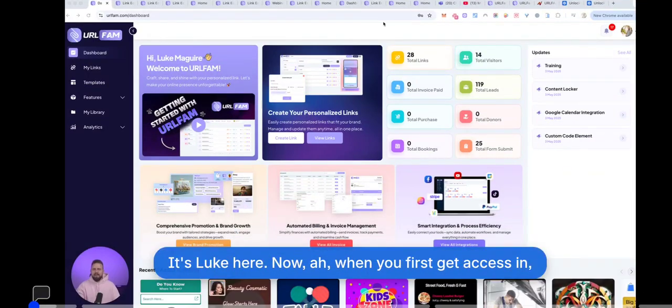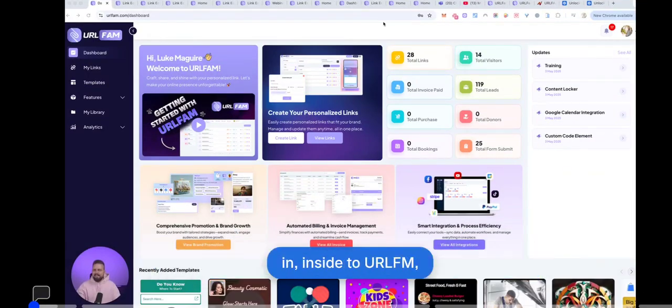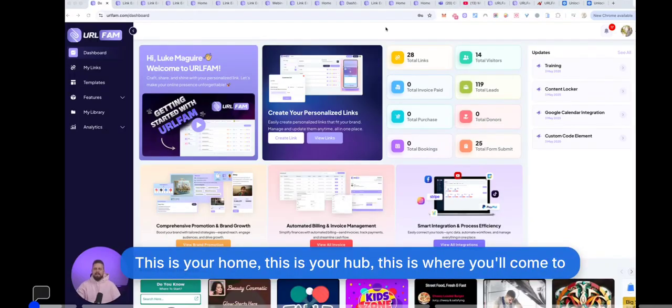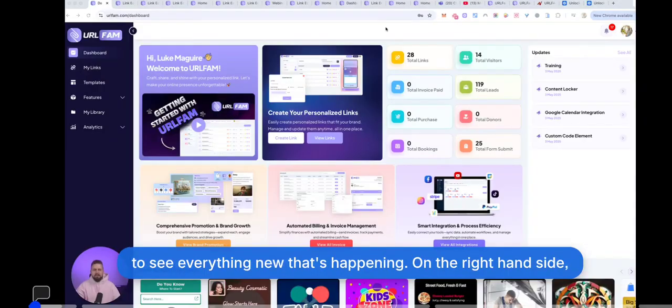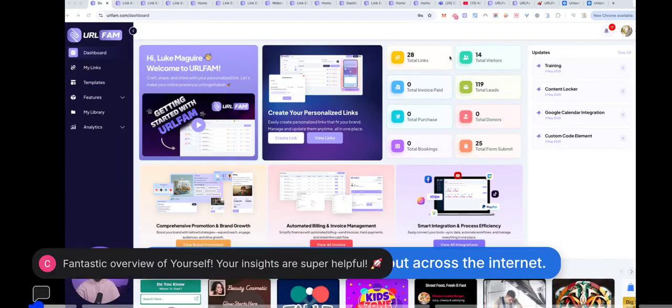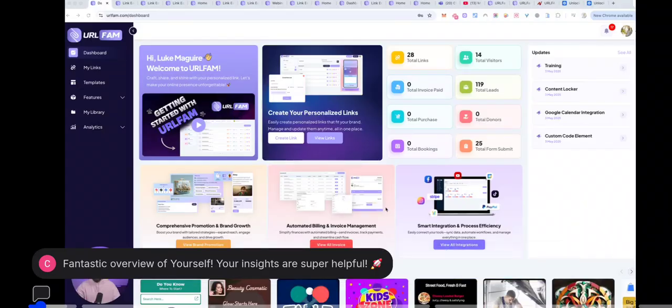It's Luke here. Now, when you first get access inside to URLFAM, you will be presented with a page similar to this. This is your home. This is your hub. This is where you will come to see everything new that's happening on the right-hand side under updates. You'll be able to track some live stats with what's happening across the links that you've built and put out across the internet, and you can find all the different training and different other cool new things we've